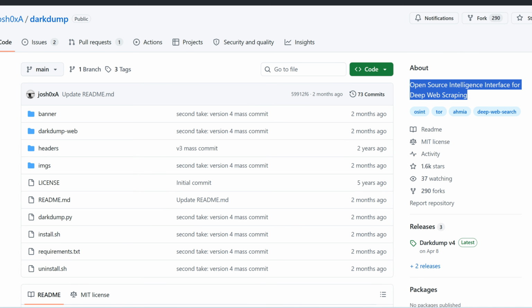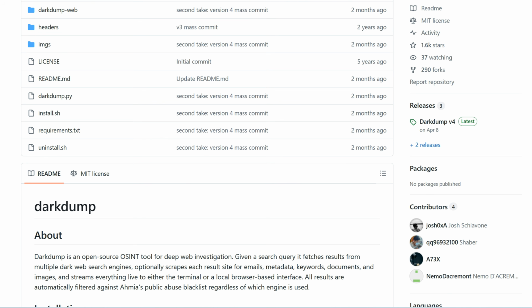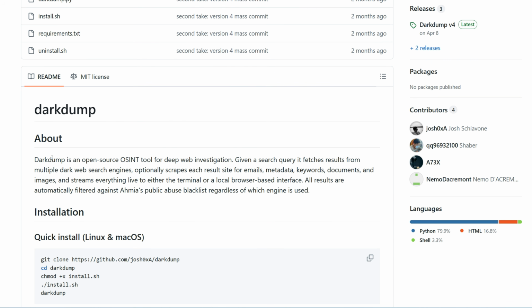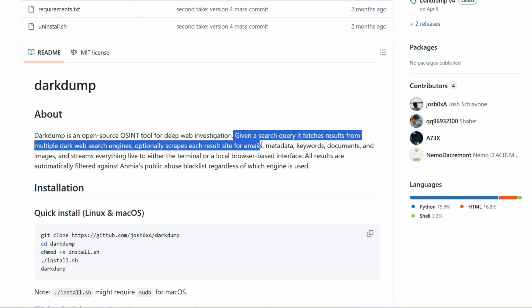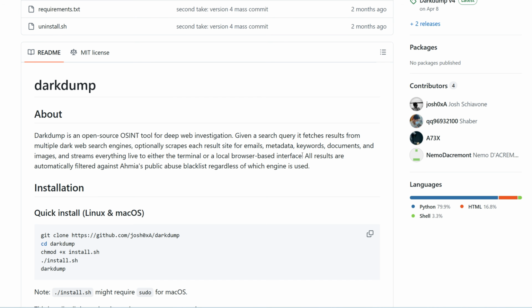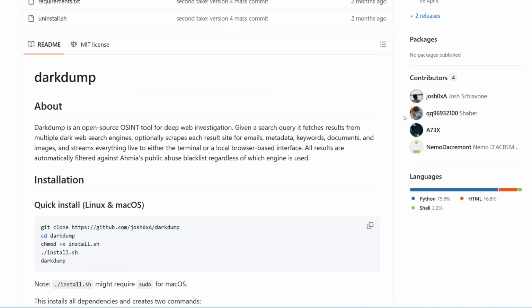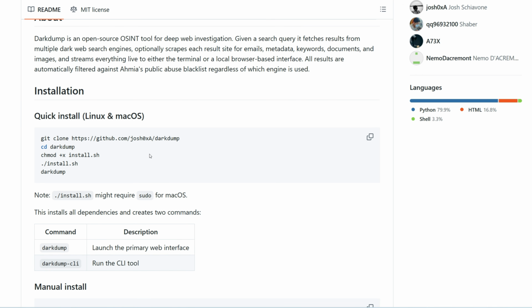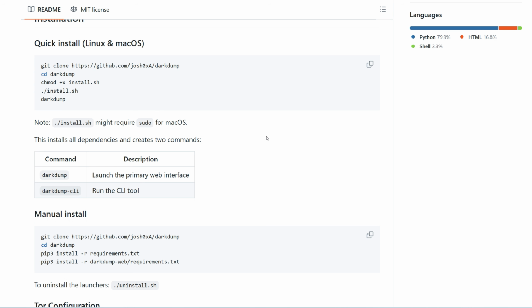I'm giving you this one last, not because it's the least valuable, but because it might actually be the most important one for where you are right now. Dark Dump is a lightweight Python script on GitHub. It's a simple, focused tool that lets you search the dark web directly from your command line, using AMIA as its backend. AMIA is one of the most consistently maintained and trusted dark web search indexes. It's been running for years, and the team behind it actively filters out illegal content,